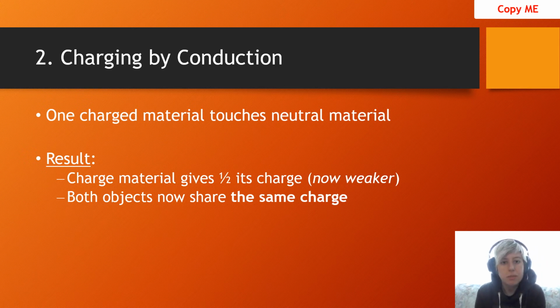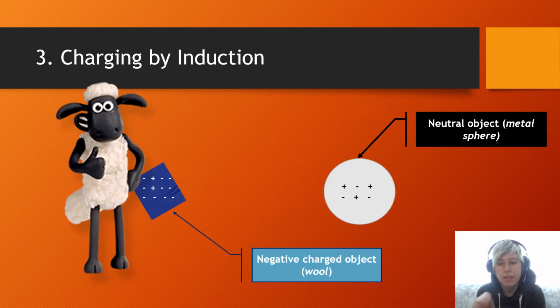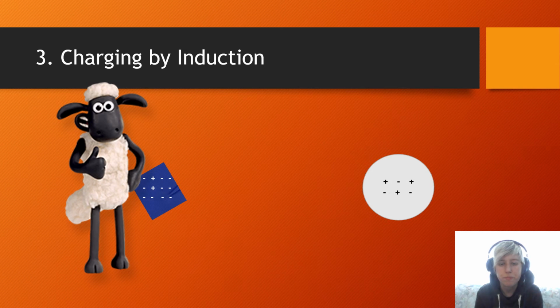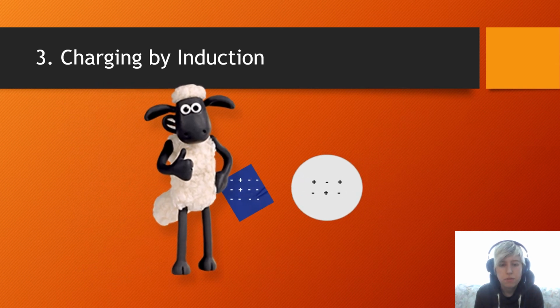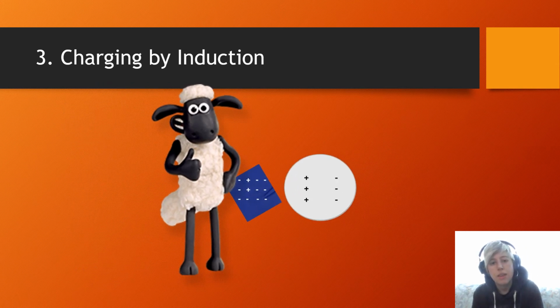The last charging method is charging by induction. So, similar to conduction, in the sense that I have a charged item and a neutral item. But in induction, the charged item does not touch the neutral item. It only gets close to the neutral item. So we see that the charged wool gets close to the metal sphere, but it is not actually touching the